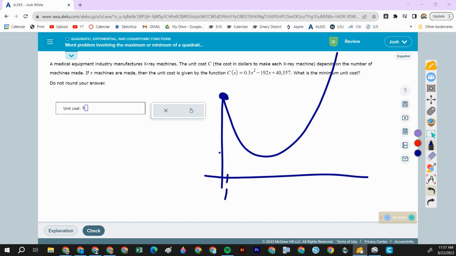Your first X-ray machine is really expensive. The second, third, fourth, fifth, they all get cheaper. But there is a point at which if you continue to build more and more, they get more and more expensive. So using this formula, you want to figure out what is the minimum cost per unit. So if you only build one, it's like $40,000 per X-ray machine. But if you build two, it might be only $20,000 per machine. And that cost per machine is going to go down,